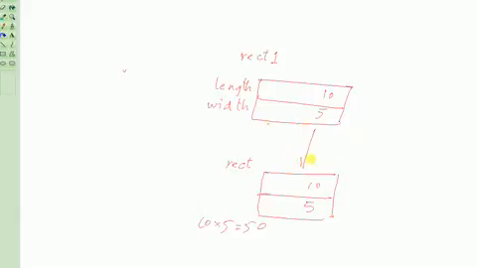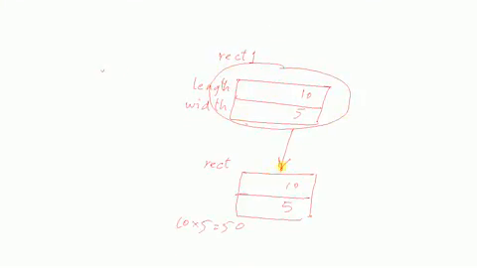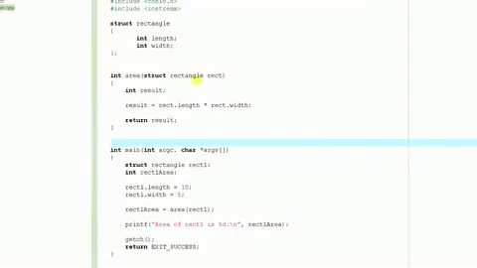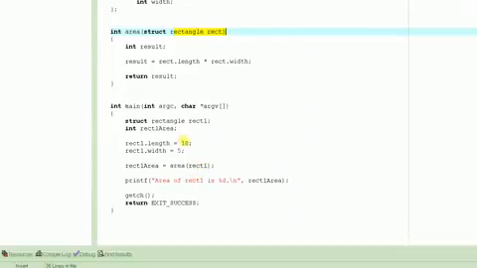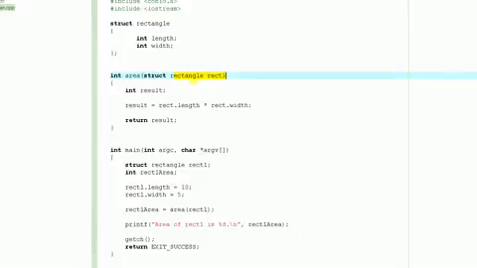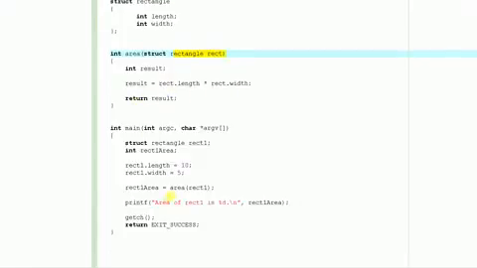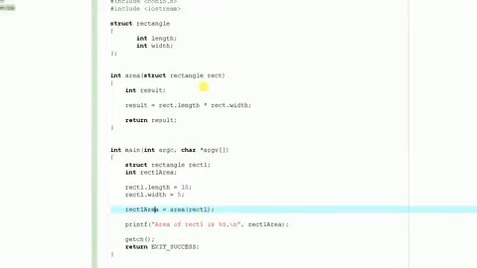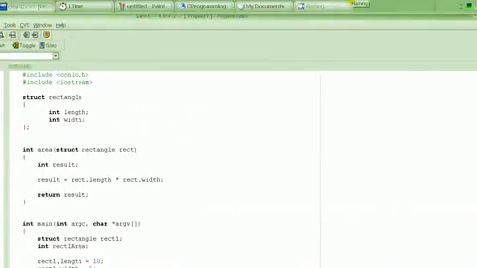it made a copy of this whole structure and put it into the dummy parameter of this function, rect. So it copied the values of rect1, which are 10 and 5, into this structure, and we computed the product, the area, and then returned it back. This is passing the structure by value. In this tutorial, we are going to learn how to pass it as a